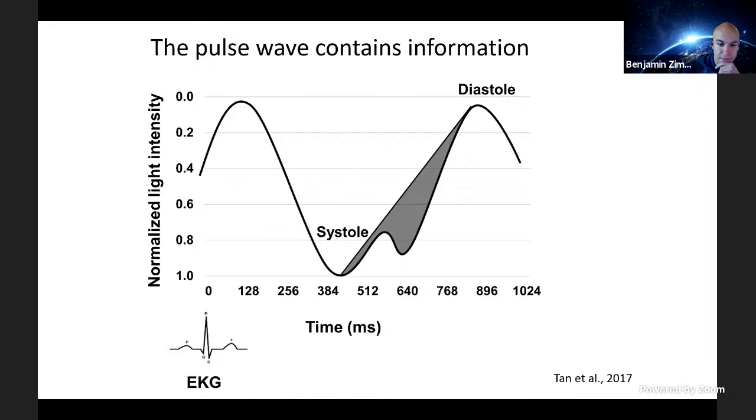And for a lot of other applications in the lab where we're interested in smaller signals, this is a big problem. And lab members have spent a lot of time and effort trying to figure out how to remove this signal well. And what I think was some really impressive creativity, my advisors saw the potential to use this, what we usually considered noise, for a really useful application. So the idea was that perhaps we could infer some attributes about how stiff the arteries were or how healthy the arteries were by looking at parameters and the shape of this pulse wave. And I'll talk about that more in a second.